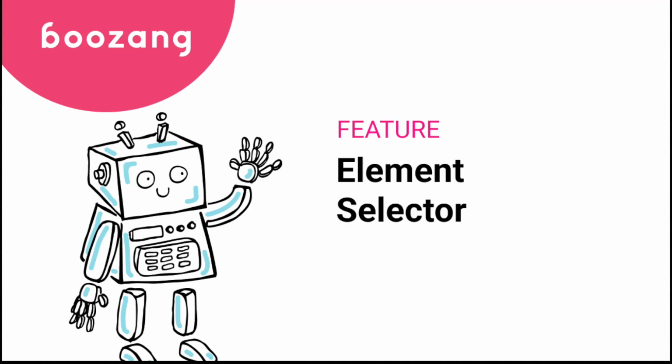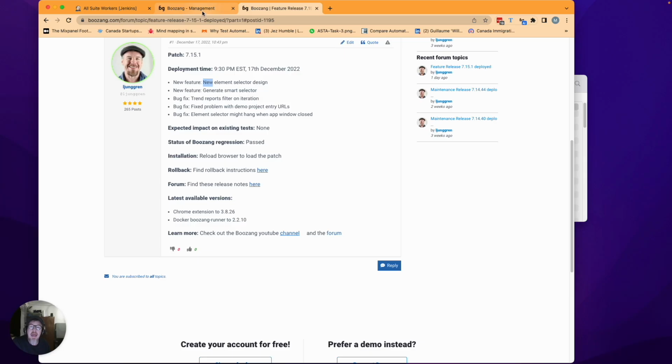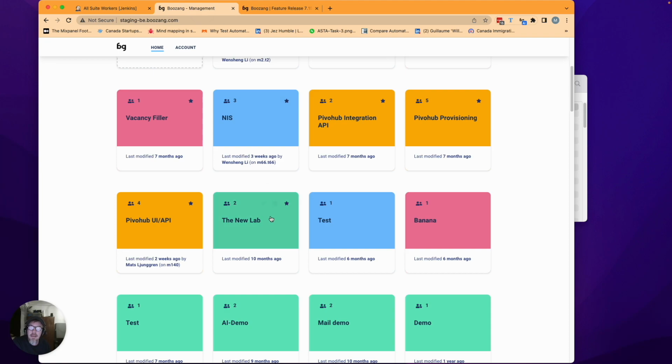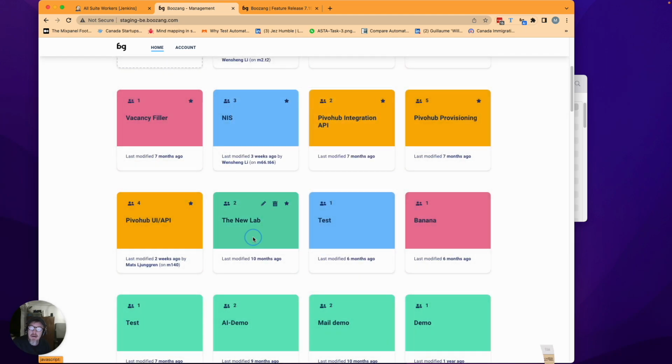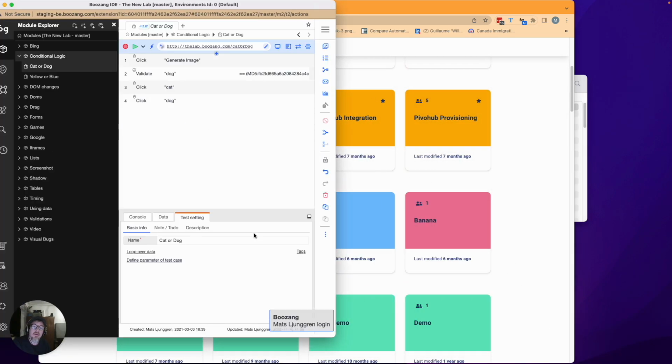So let me demo the new element selector in Boozang. We're going to run the test project, the lab, and take a look at what we've done to the element selector, what we call the DOM picker, and see how this can help you in your work. Of course, the key is that when you record a test, we try to guess as well